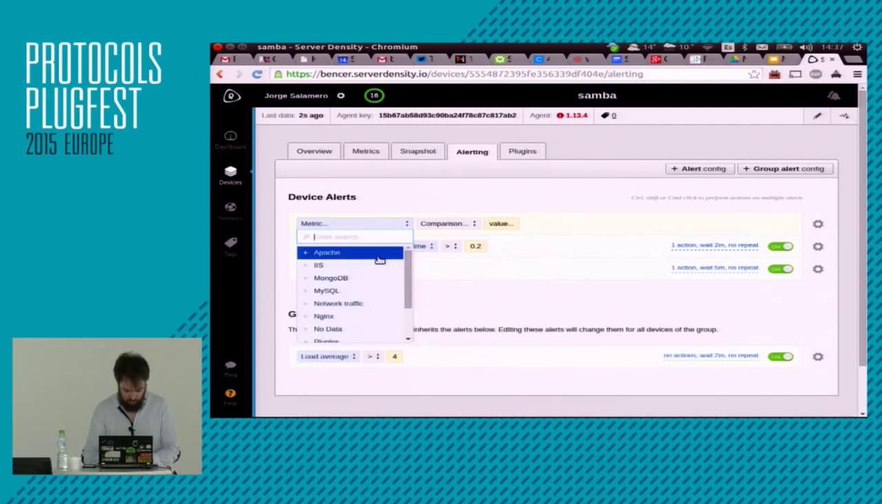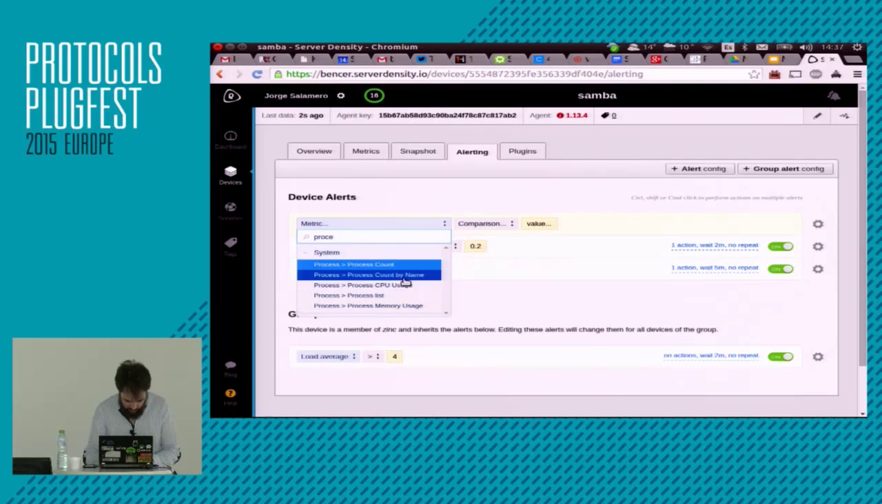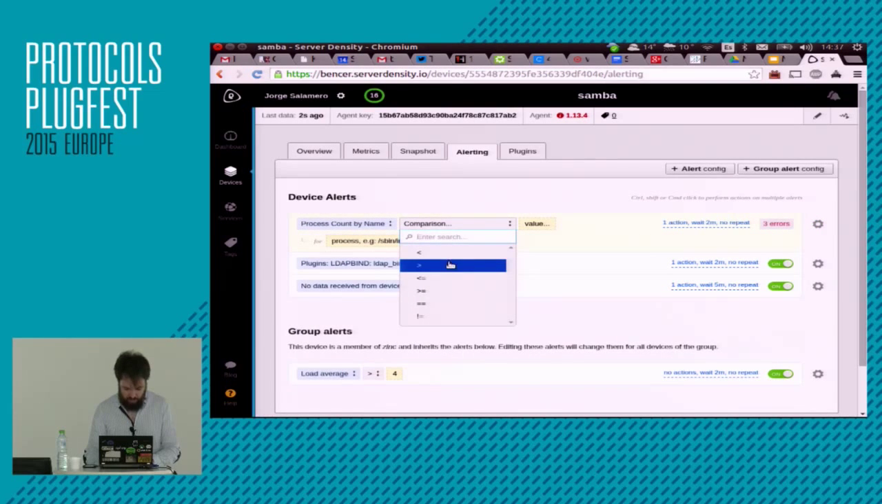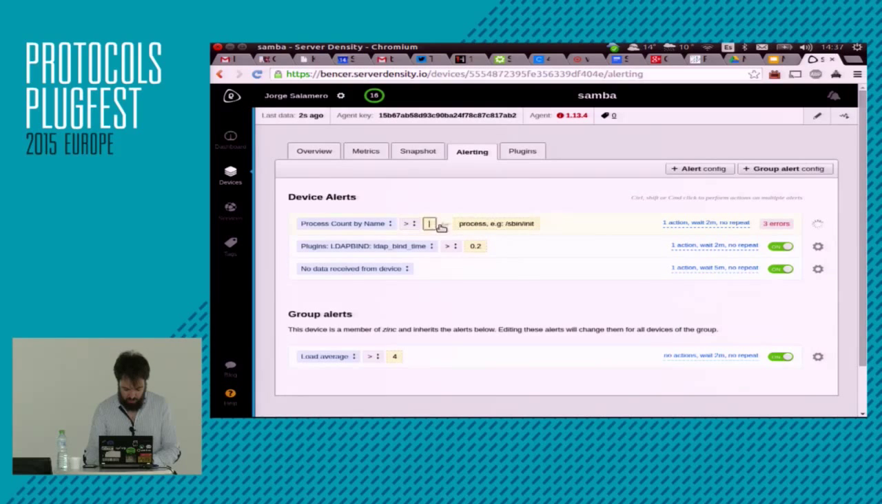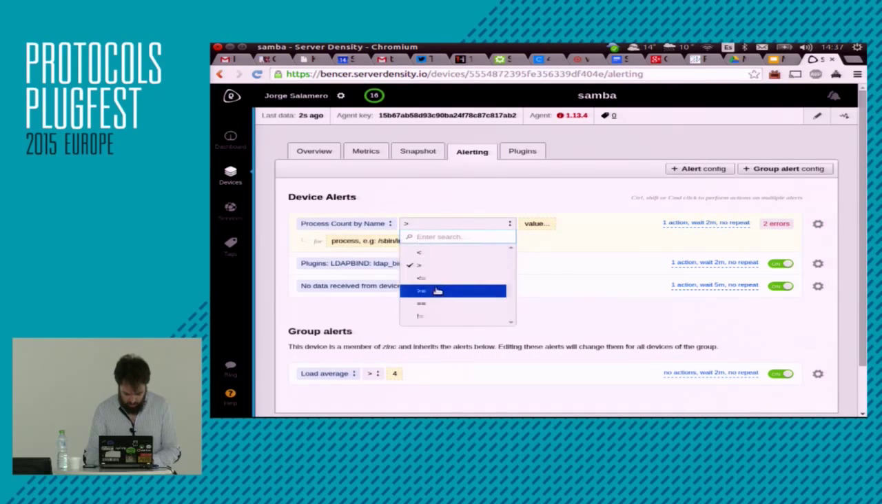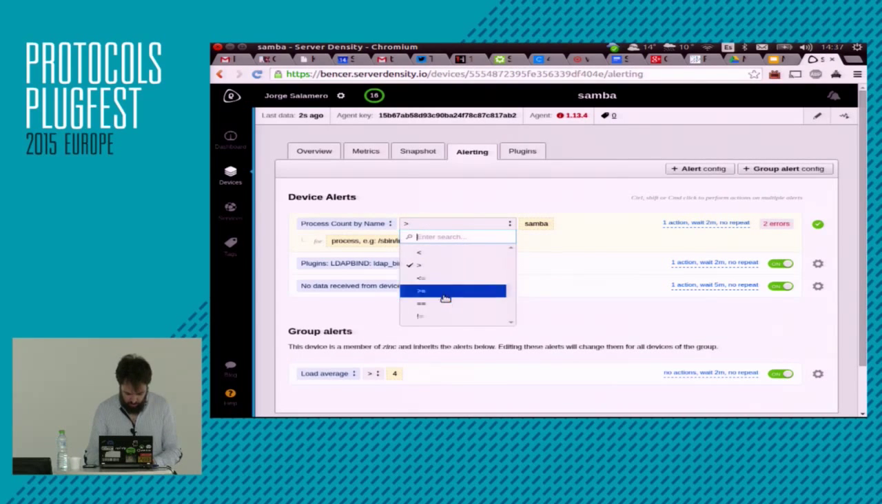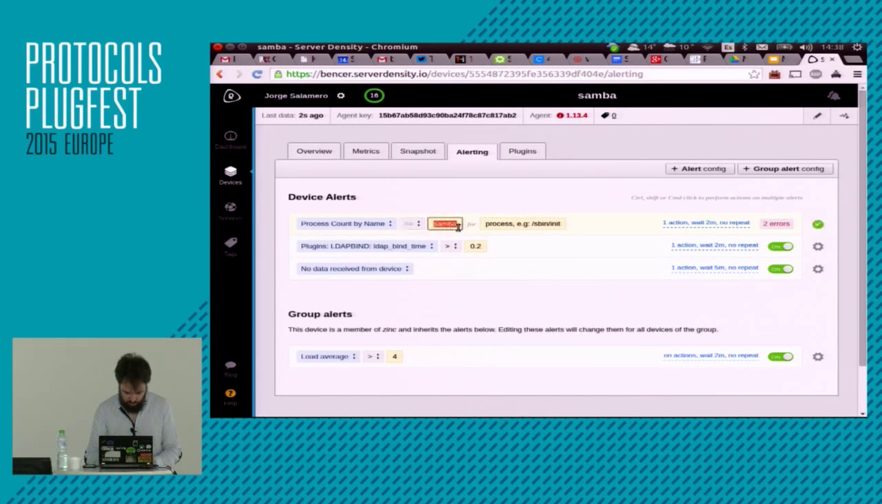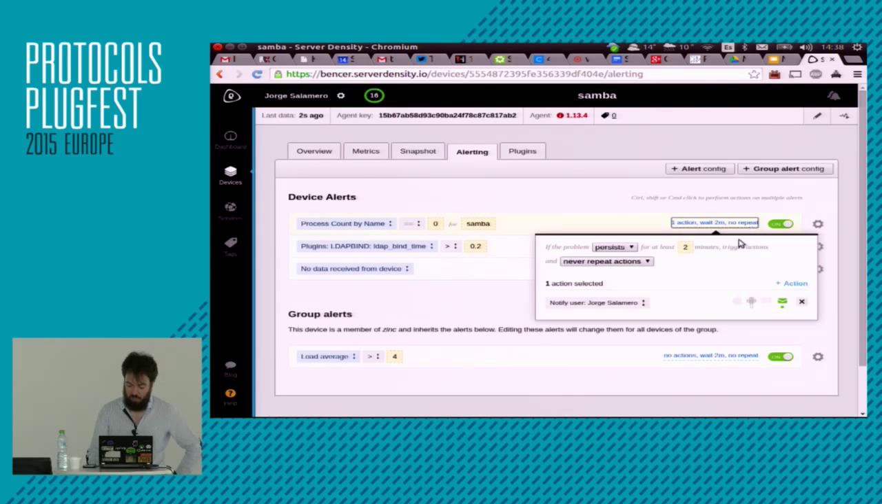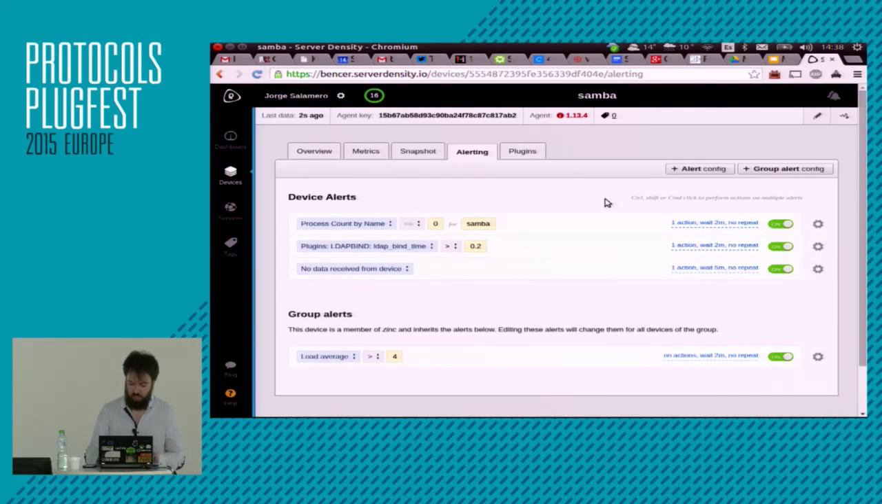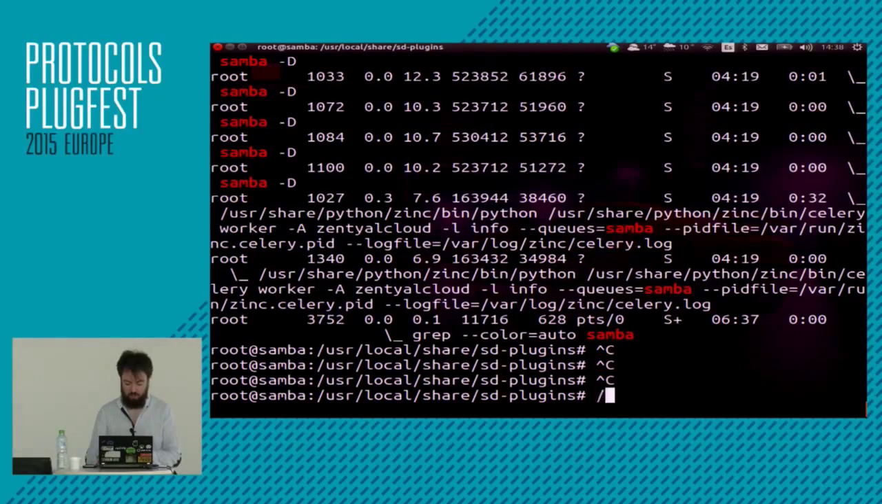monitor Samba. So we can say, I want to have an alert that says that the Samba processes, it's running. So basically, when there is no process with the name Samba, send me an alert. Okay. And what we are going to do now is to